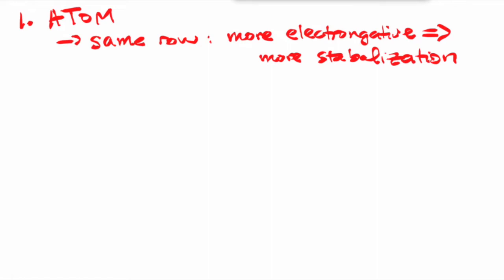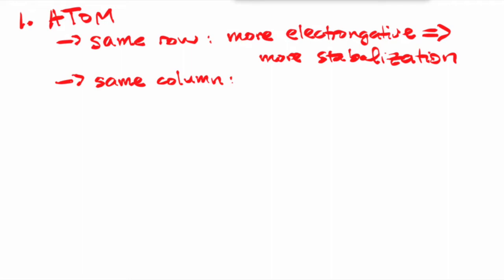This makes sense, right? The more electronegative atom, because it likes electrons more, is happy to accommodate that negative charge from more electrons. So remember the trends of electronegativity across the periodic table. As you go from left to right, you are increasing in electronegativity. So the atom further on the right that's receiving the negative charge will give the more stable conjugate base, and therefore the stronger acid.